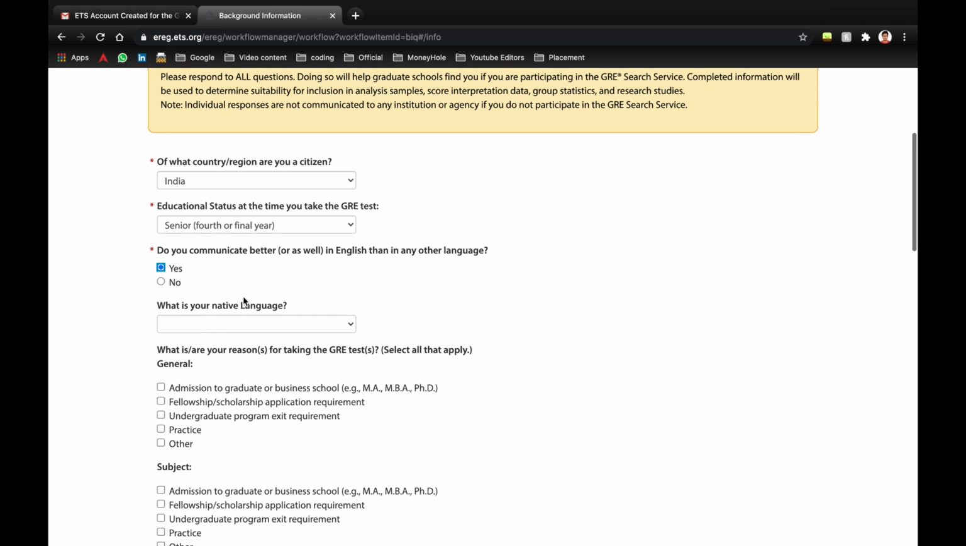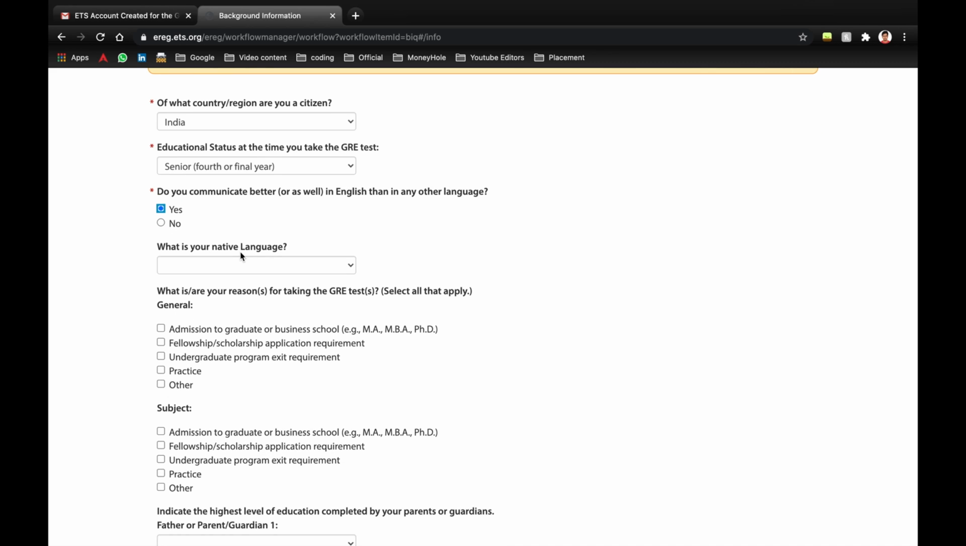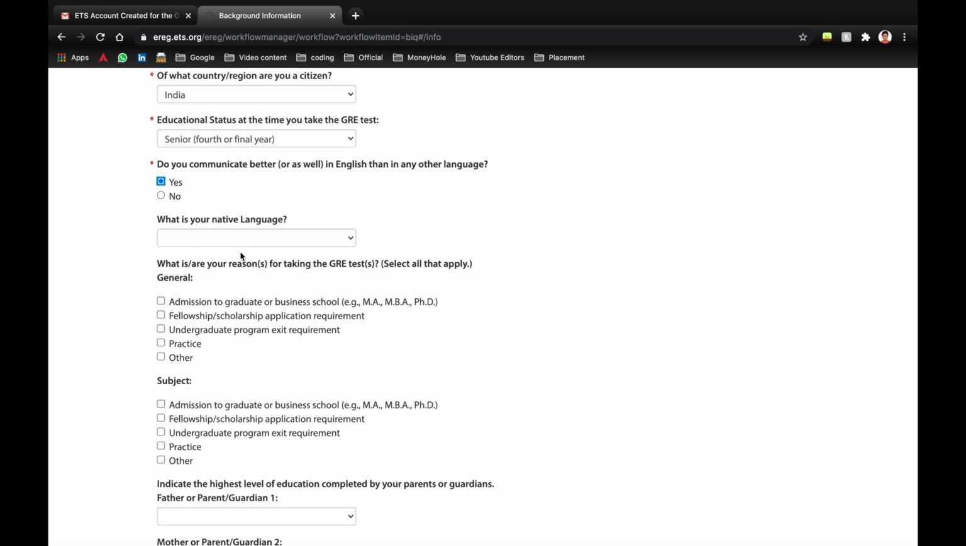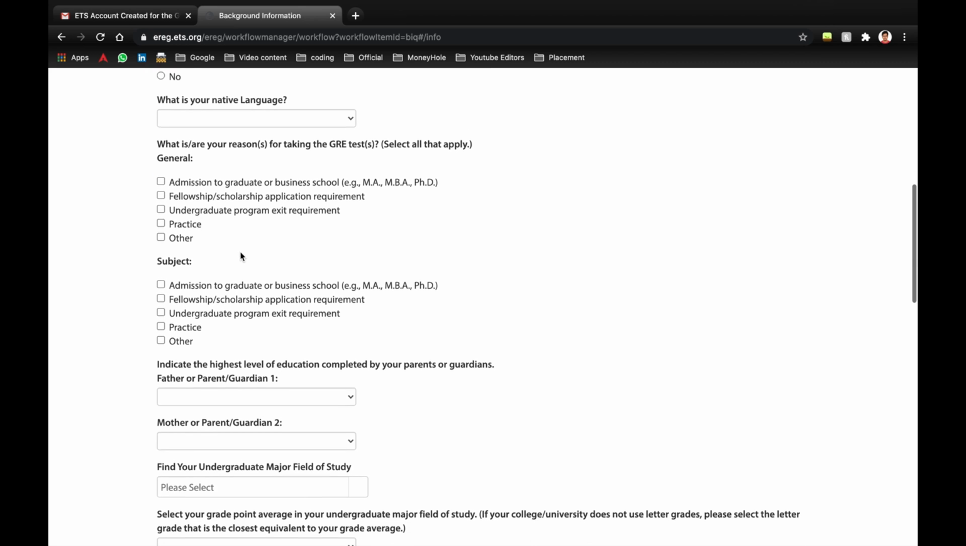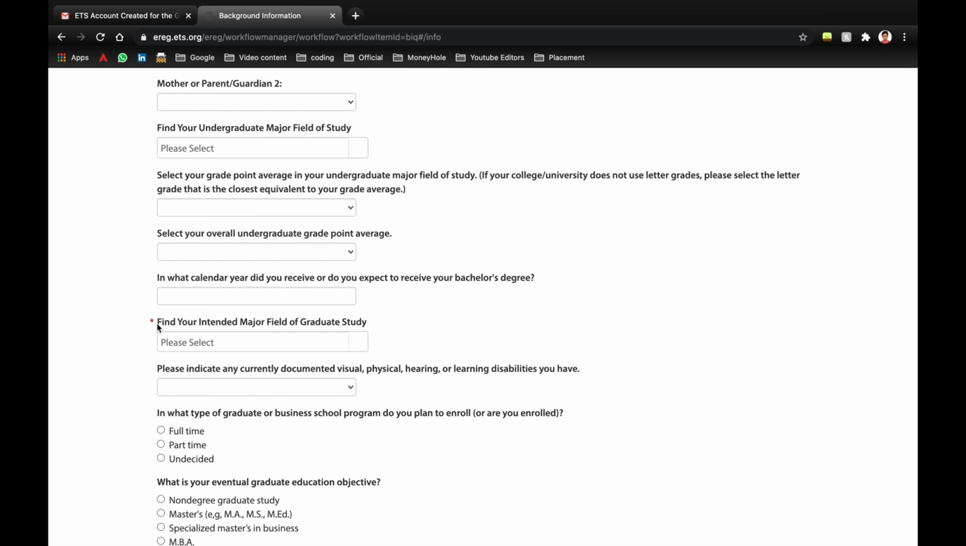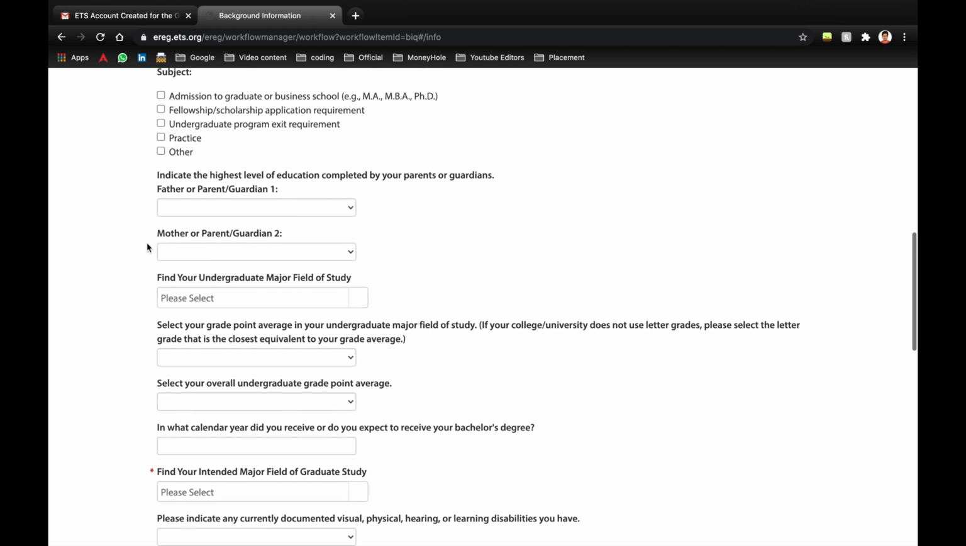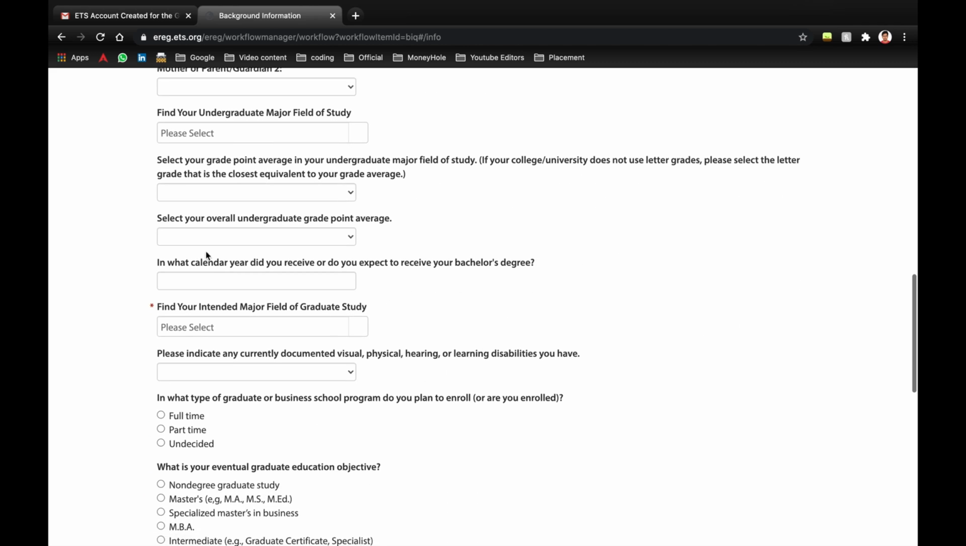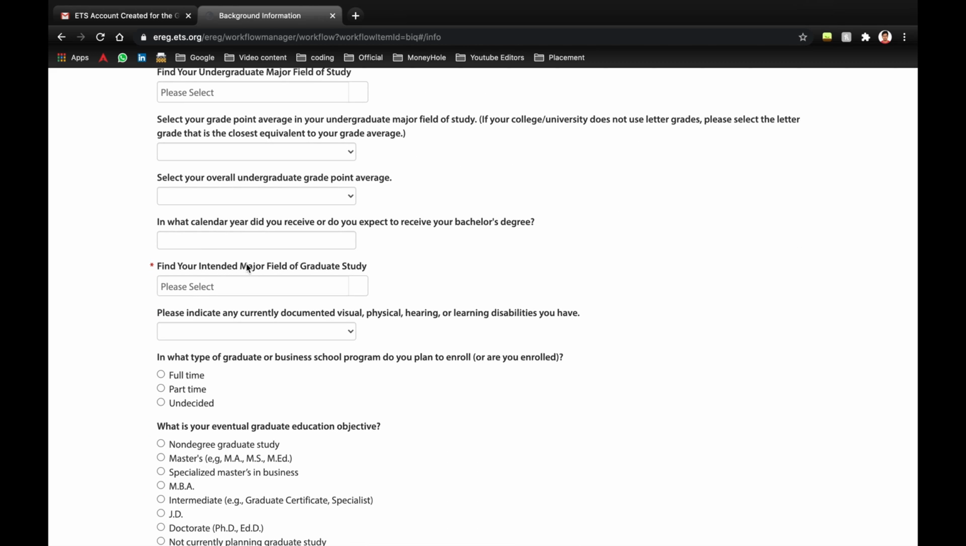Next, we'll ask you for your native language. As it is not mandatory, I will be skipping all these steps. To be honest, I was unsure about the details of each and every question that is mentioned here. So I have opted to fill only the mandatory questions which are identified using this star mark on the left hand side of the question. So I have skipped all these questions and directly jumped to